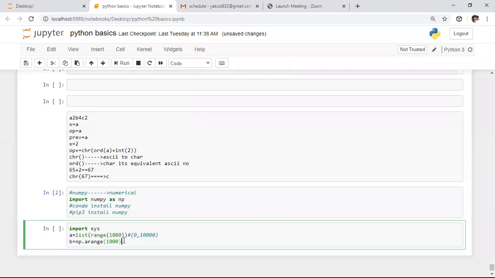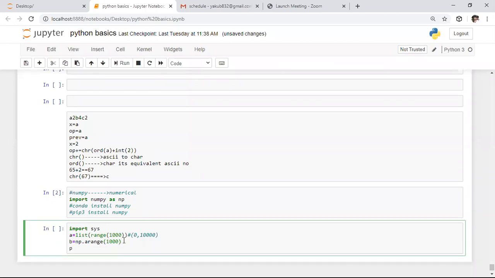After this, I want to check the size of both variables. Here I want to know the size of the list first. For that purpose, I am using the sys module to know the size of any variable or attribute. In the sys module we have the getsizeof function. I'm using the getsizeof function. Here I want to know the size of one integer number. So randomly I pick 5. In this range, from 0 to 999, I'm choosing one random integer.